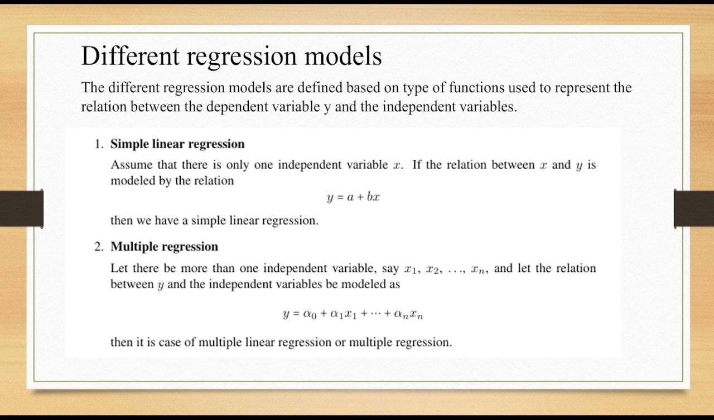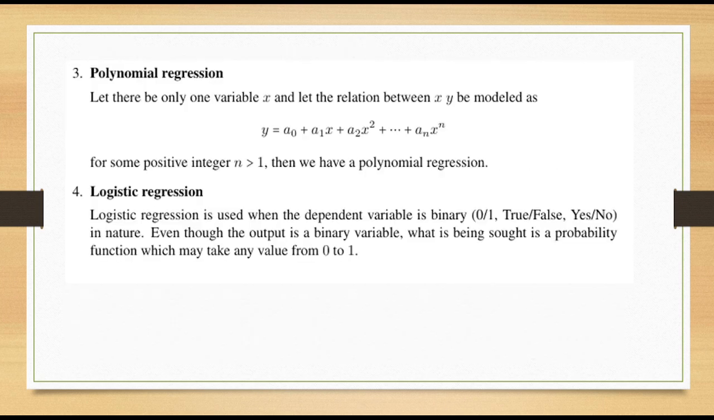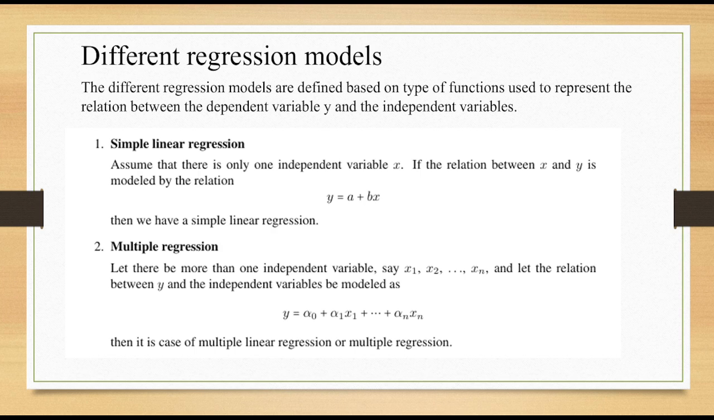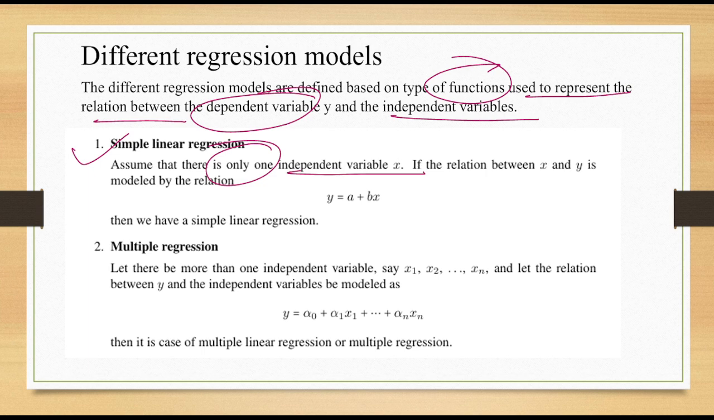As I said, there are different regression models. Mostly we use the linear regression model, multiple regression model, polynomial regression, and logistic regression. Now let us see them one by one in a simple way. The different regression models are defined based on the type of function used to represent the relationship between the dependent variable y and the independent variables. For example, we have the simple regression model. In a simple regression model, we have only one independent variable x, and the relation between x and y is modeled by y equal to a plus bx,